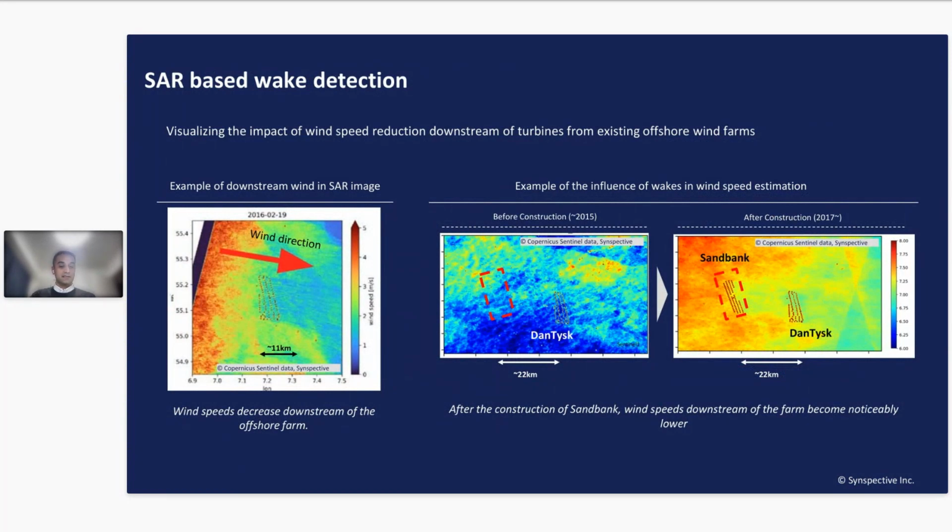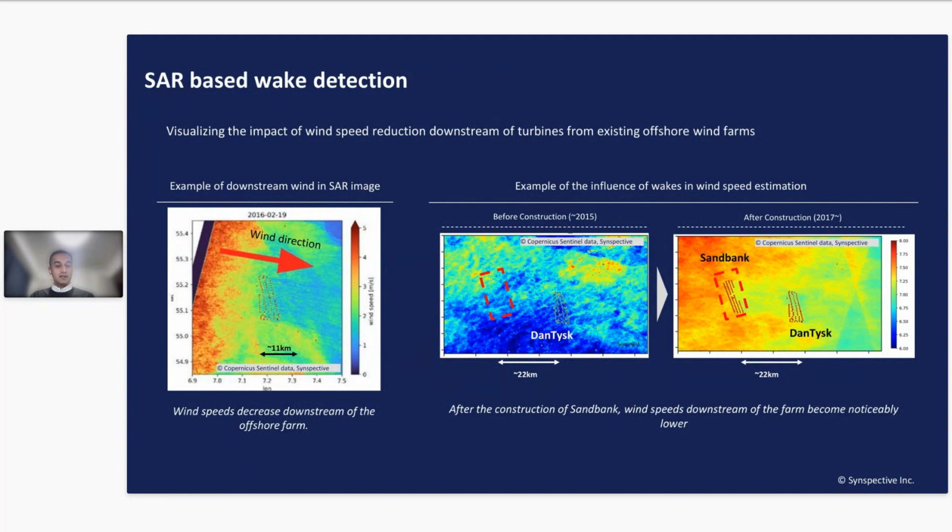So on my left, you can see the wake effect downstream of the wind turbines present in that area. And on the image on the right, you can clearly see some wake effect trends in wind speed analysis for this area. The image on the right has a wind farm called Dantisk, which was there on the site before 2015. And another new wind farm called Sandbank was constructed in the same area somewhere between 2015 and